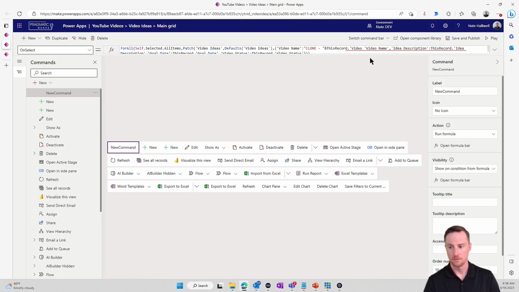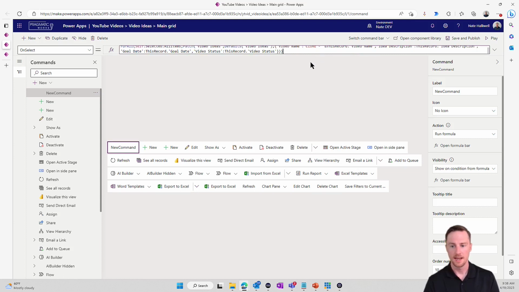Now I've gotten rid of all my errors. Nope, I haven't. The IntelliSense here is a little bit different than in Canvas apps. So here we go. Now I've got this function that will run. So let's go ahead and save and publish. While we're waiting for the app to finish publishing these new commands, let's go ahead